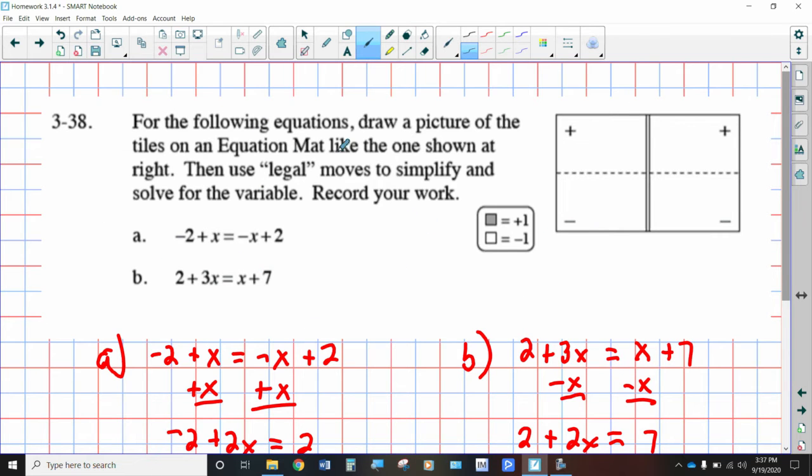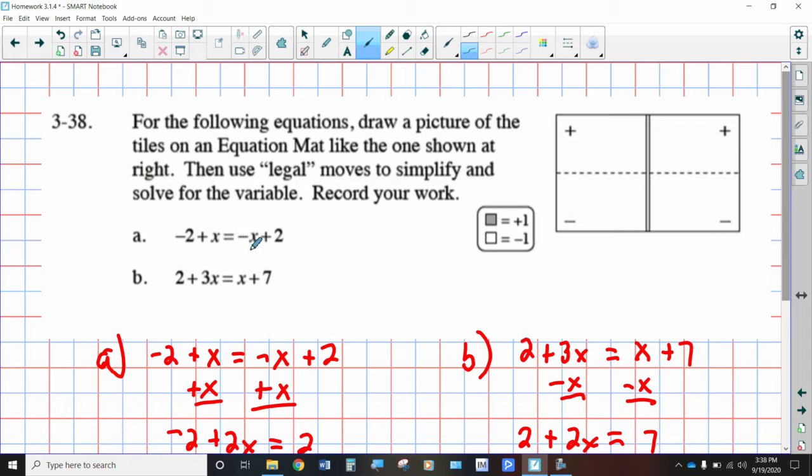All right, for the following equations, draw the picture. I did not bother drawing the picture, and I'm okay if you don't draw the picture, to be honest with you. I'm ready to leave the algebra tiles and focus on the mathematics here. So if we take negative 2 plus x equals negative x plus 2, the legal moves, I would suggest collecting the x's on the left side because you got more x's on this side than that side, and that's just kind of me saying this is a positive, that's a negative, and since positives, we consider them greater than negatives,